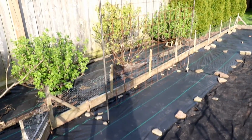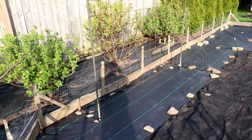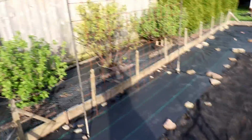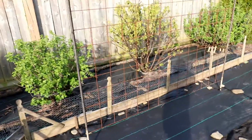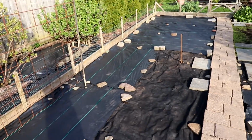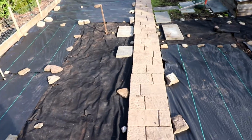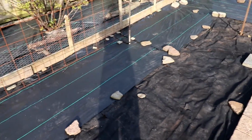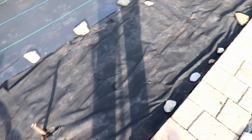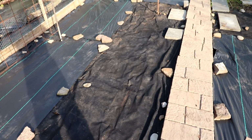And here I have a metal lattice for my cucumbers or squash plants, which I plant beneath, and they grow nicely on this metal lattice. And I covered the whole vegetable garden, or most of it, not all of it, with landscaping fabric. This part here is from last year. So usually this landscaping fabric lasts, I would say, a minimum 2 to 3 years if you take care of it